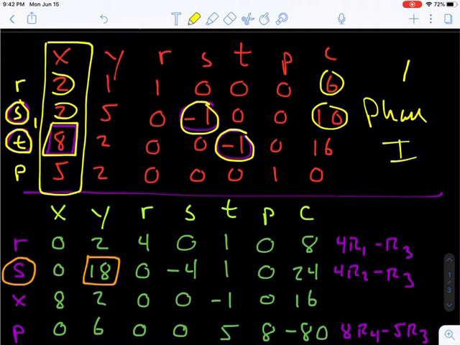So 8 is the pivot. And so now what we need to do is clear the pivot row. And to clear the pivot row, we use our normal row operations to get all zeros, except for the 8, all zeros in the X column. And so to do that,